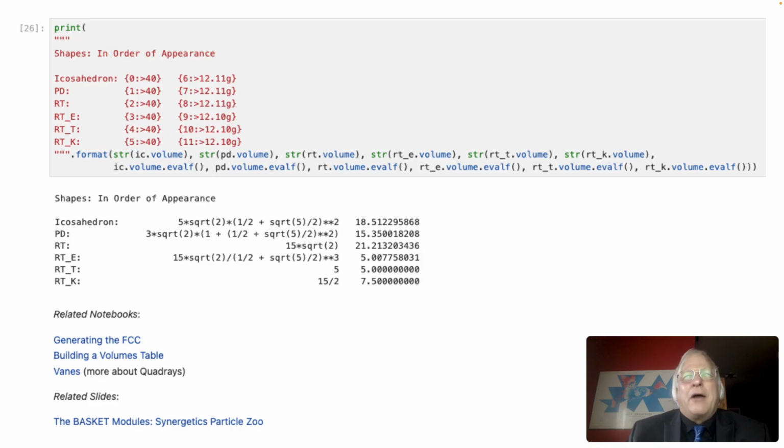Like, I know how I could simplify these as an exercise. If you're a teacher and you're getting into algebra and substitution, and whoa, we have the symbol phi for square root of 5 plus 1 over 2, all over 2. Well, I see that. I could put that in. The icosahedron could be 5 times the square root of 2 times phi to the second power, for example. However,